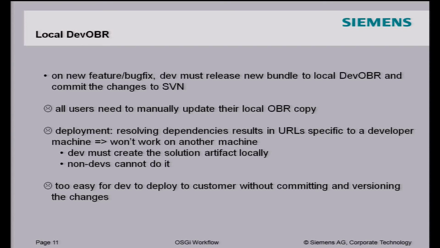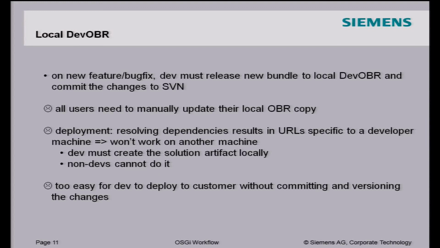But that's not enough, because somebody else who does not want to look at their source code just checks out the DevOBR, and they link against that in their workspace. Because at this point, we could just check out only the projects that I'm interested in. So let's say I'm just taking A, and B and C should come from the DevOBR. So whenever I make an update to such a utility library or to B, and I want somebody else to use it, I have to release to my local DevOBR, commit it to the repository so the others can update